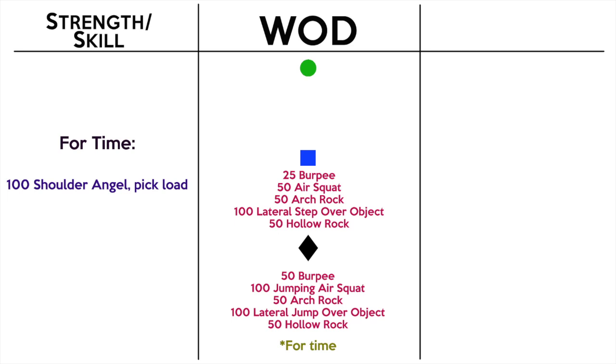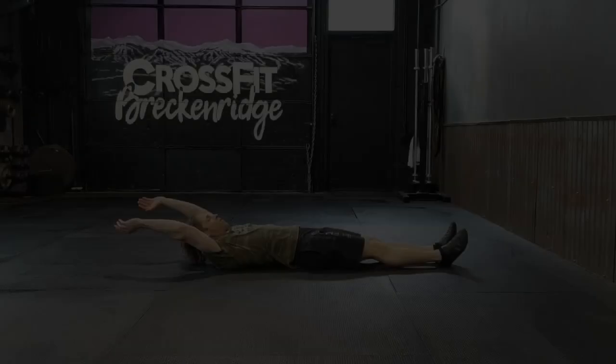But if we're doing the jump, it's a 2-foot takeoff. So you jump over the object, you land on the other side with 2 feet leaving the floor at the same time, and that's your jump. And if we're stepping, it's the same thing, but obviously not a jump, a step. If you're doing a 1-foot takeoff, that would count as a step. Okay, we're going to do 100 of those, 50 on each side, and then we finish with the hollow rock,